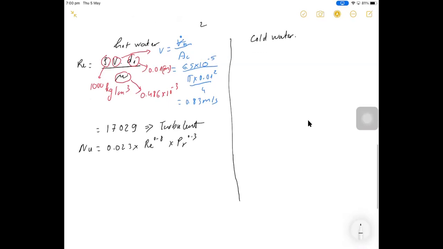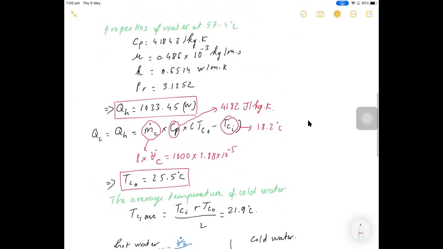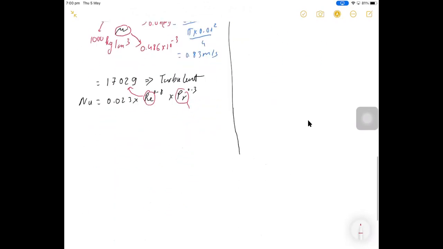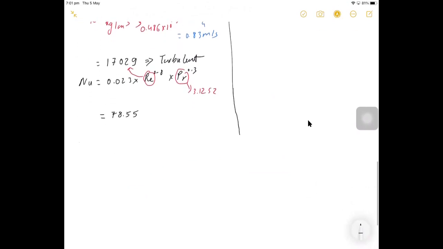Okay, so you have this one, with the Reynolds number here 17229 and the Prandtl number you got here, 3.1252. Okay, so you will have the Nusselt number here is 78.55, right? So now the convection heat transfer coefficient of hot water, S1, equals Nusselt number times